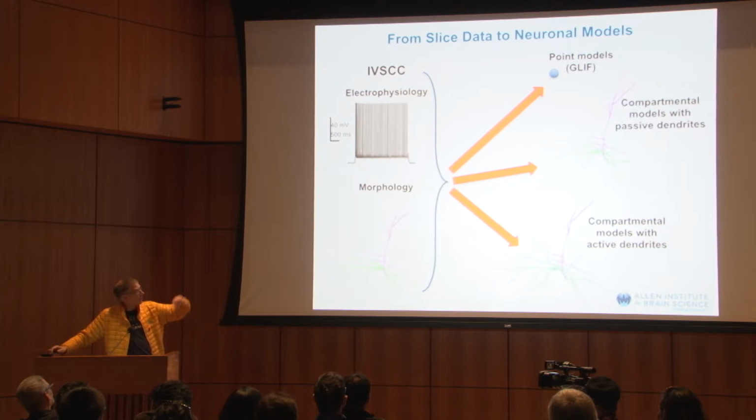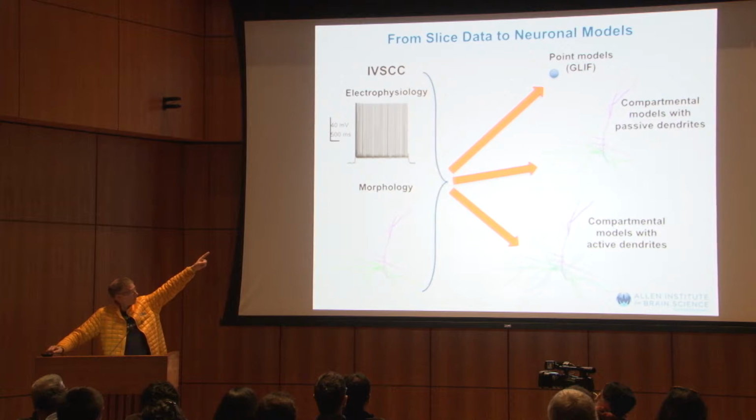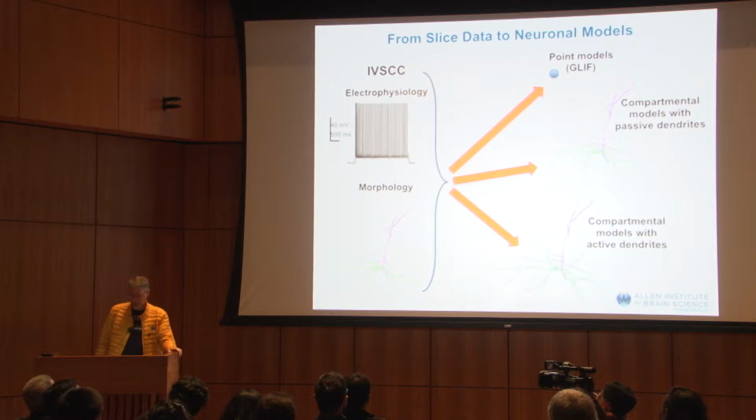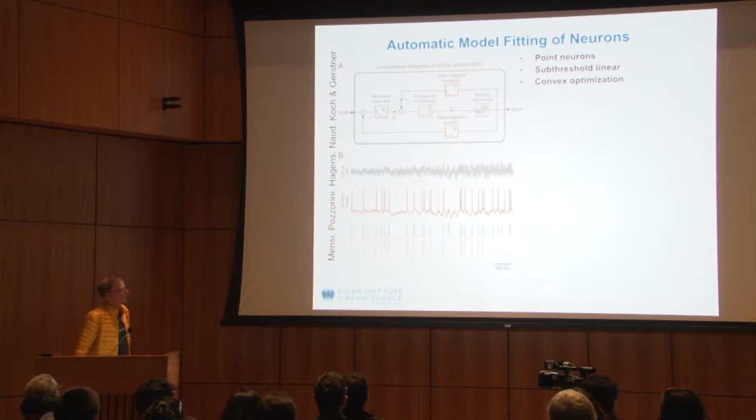The point model, the advantage is they're simple, they're relatively abstract, and most of them have a convex function, so we can derive the optimal solution. For those, we need to use genetic algorithms or other tricks. So, as I mentioned, we have an automatic fitting procedure that might explain 70 or 80% of the variance